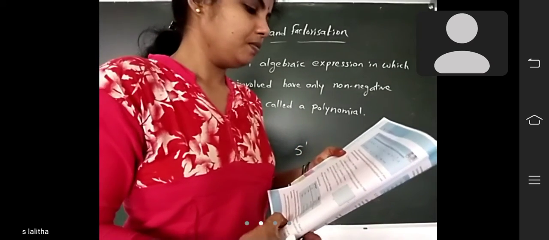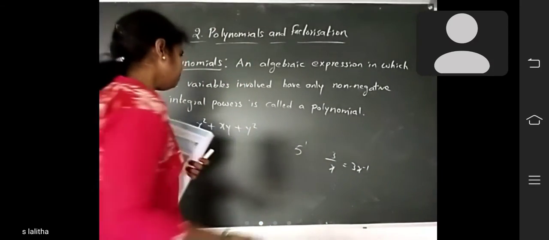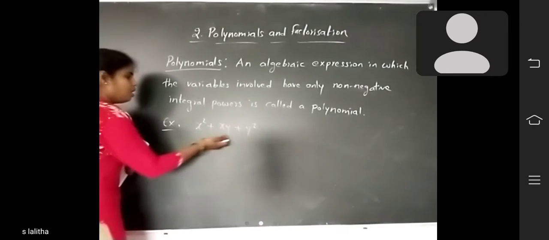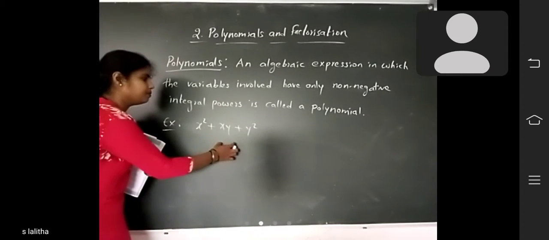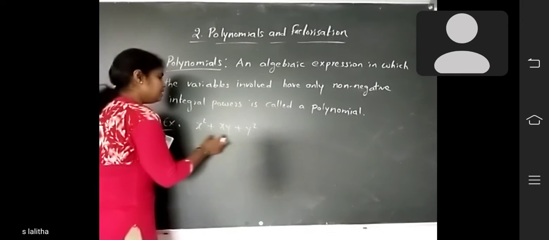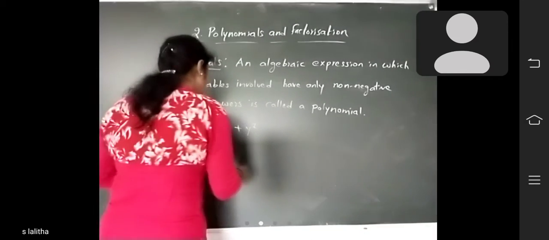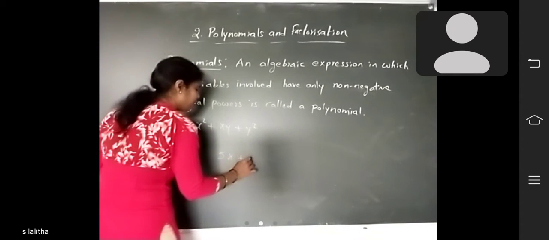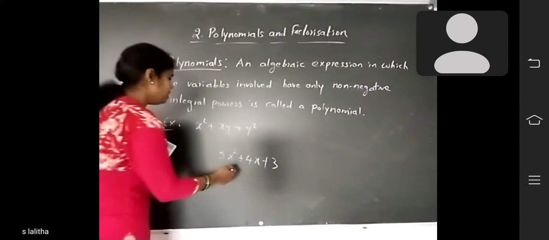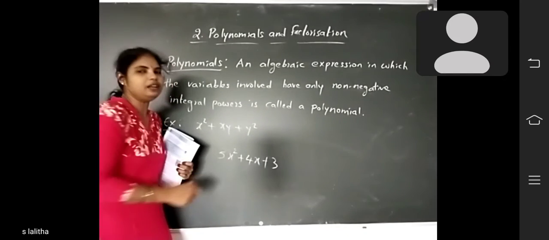Did you understand now? You can do the homework in your HW. Next, polynomials in one variable. What does polynomials in one variable mean, children? Here, observe this one. How many variables are there in this expression? x, y. Two variables are there. So it is a two-variable polynomial. In a polynomial in one variable, the algebraic expression has only one variable. Observe here. What is the variable? x. Only the x variable is there. So that's why it is a polynomial in one variable.